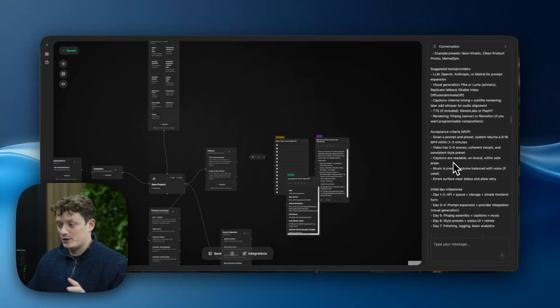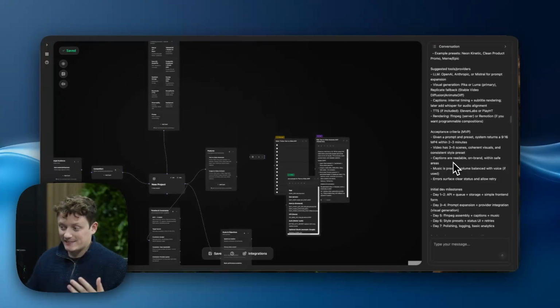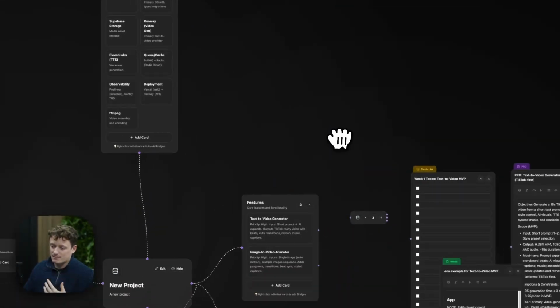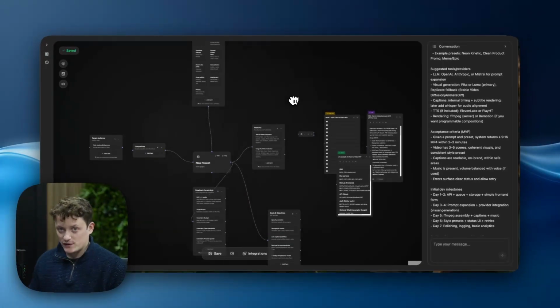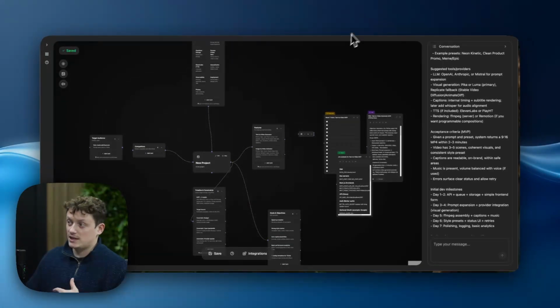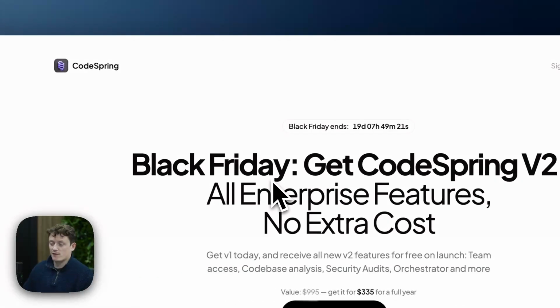CodeSpring version 2 is almost ready to be launched, and in this video I wanted to give you a bit more of an up-to-date demonstration on where we're currently at in the development timeline, some of the new features that we're going to have, and I want to introduce you to our Black Friday offer where you can actually get